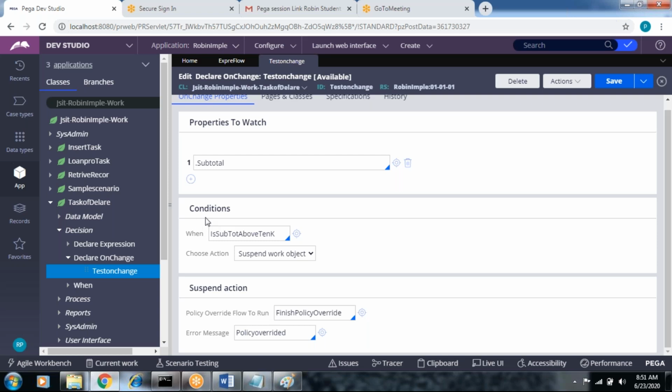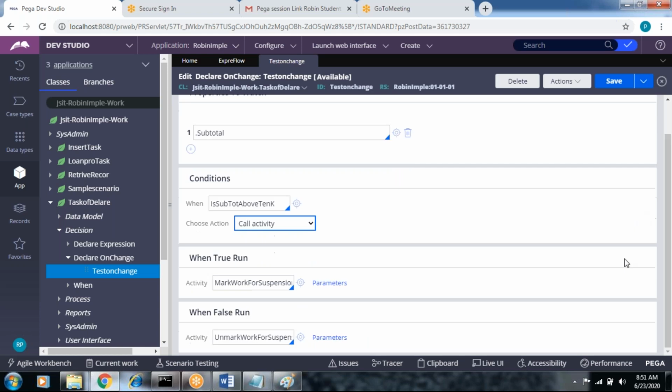So instead of suspend or forget, select a calling activity. That activity is called whenever the condition is true. Only when it is true, call the activity.